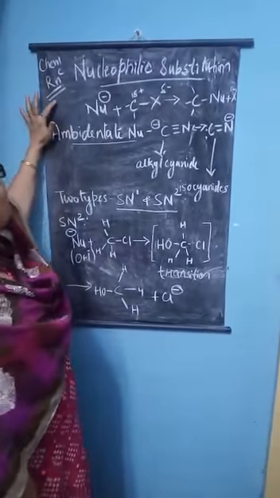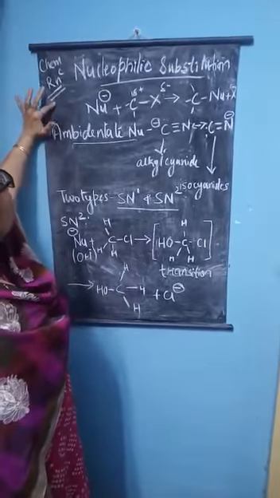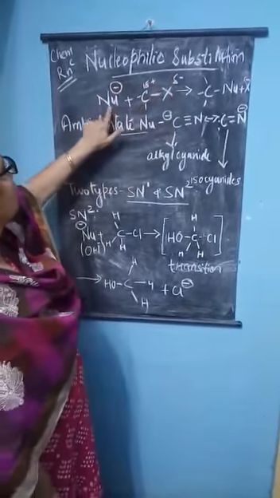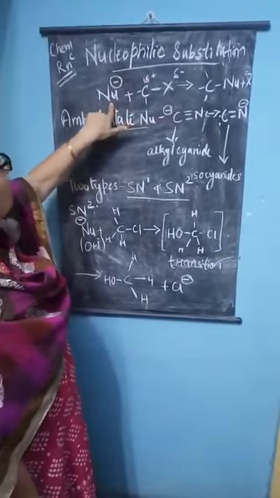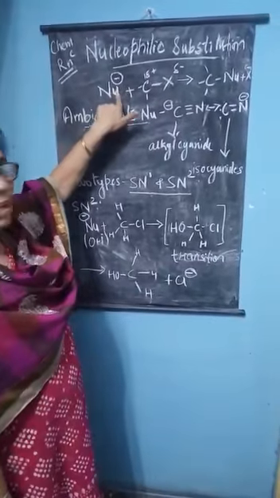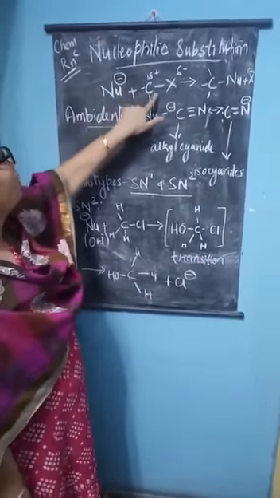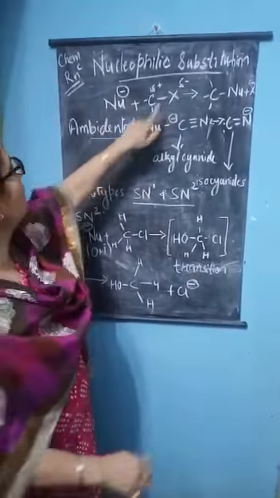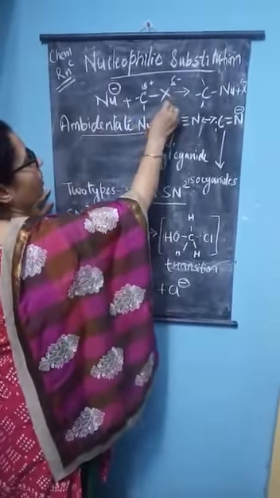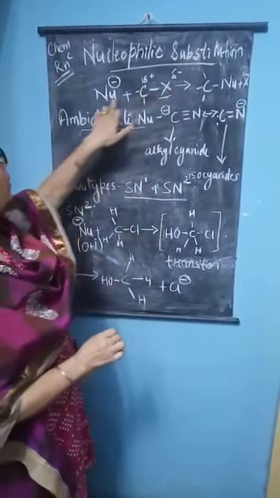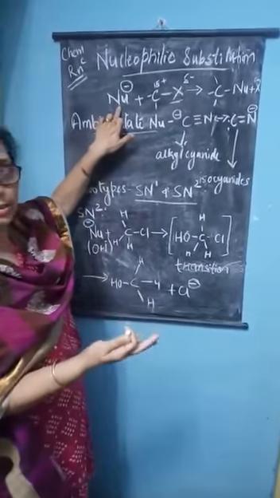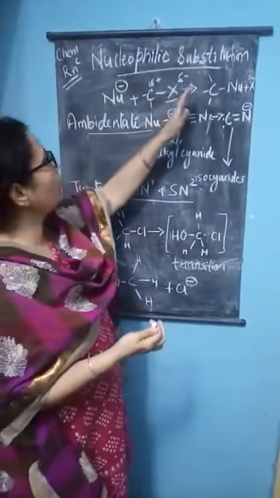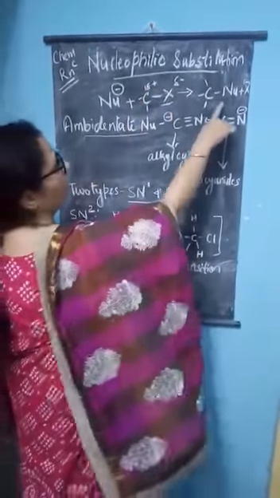Yes, today we will study chemical reactions. Under chemical reactions, we will study nucleophilic substitution reaction. As you know, nucleophilic means addition of a nucleophile. Everyone knows what a nucleophile is. It is a substance having a negative charge. Now when this nucleophile, which has a negative charge, gets attached to an alkyl halide, what will happen? The negative part of the alkyl halide will be replaced by another nucleophile which is more reactive. It will substitute it. The incoming group will remove the one which is already present and a new product is formed.